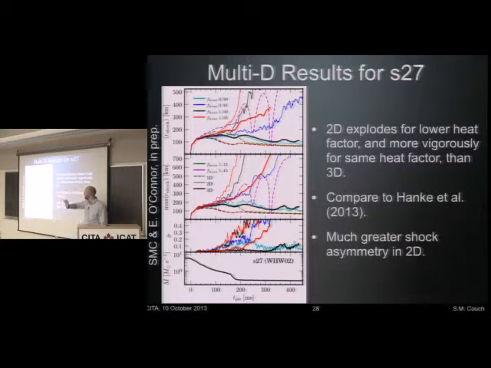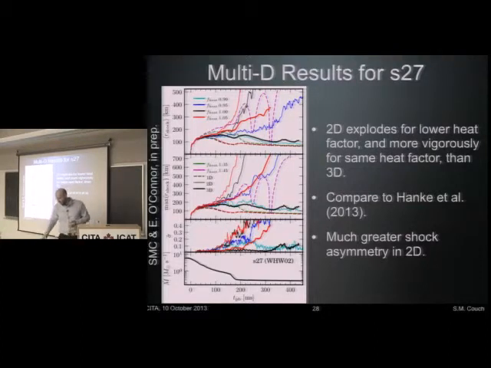And an important point about this heat factor, it's not on this plot, but it's a later plot, is that this is a modifier to the microscopic heating efficiency, not the global heating efficiency. And because this is a coupled nonlinear problem, if you increase that microscopic heating efficiency a little bit, your global heating efficiency can go up by quite a lot because it pushes the shock out further and brings more mass into the gain region, which in turn increases the heating. And I'll show a plot that demonstrates that later. So basically, the takeaway message is by increasing F heat by 5%, going from 1.0 to 1.05, we actually measured an increase in the global heating efficiency integrated over the simulation of about a factor of 2.